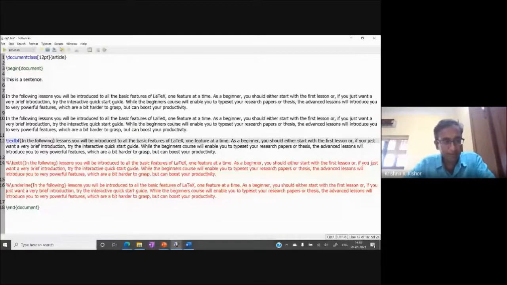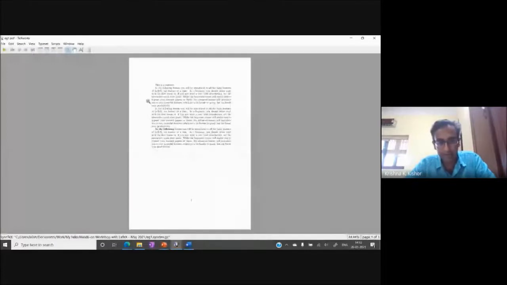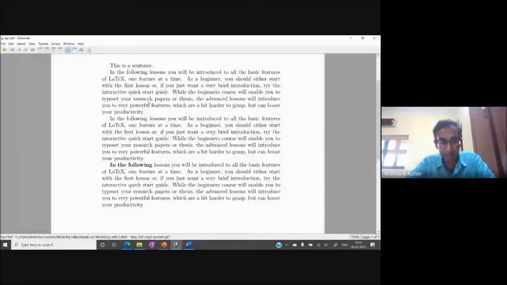So let's compile the statement and see. With text BF, I want to bold these three words, in the following. Let's see if that's what happens. I compile it and zoom in, and that's what I get: in the following gets bolded.